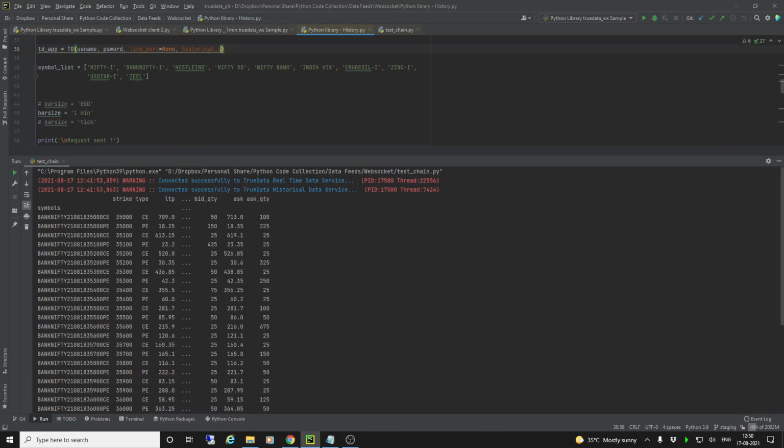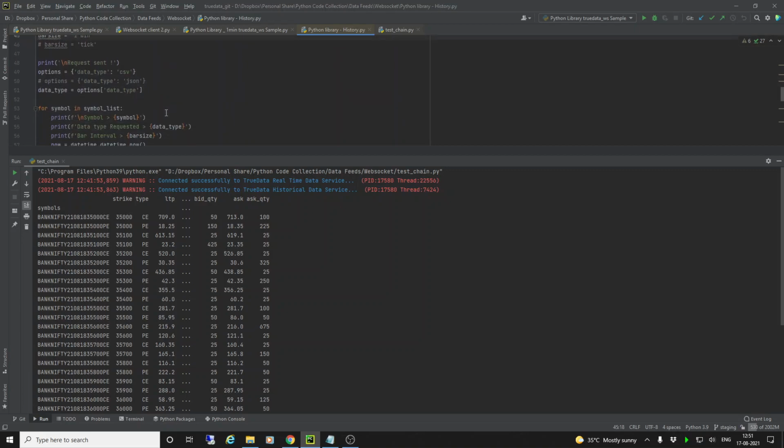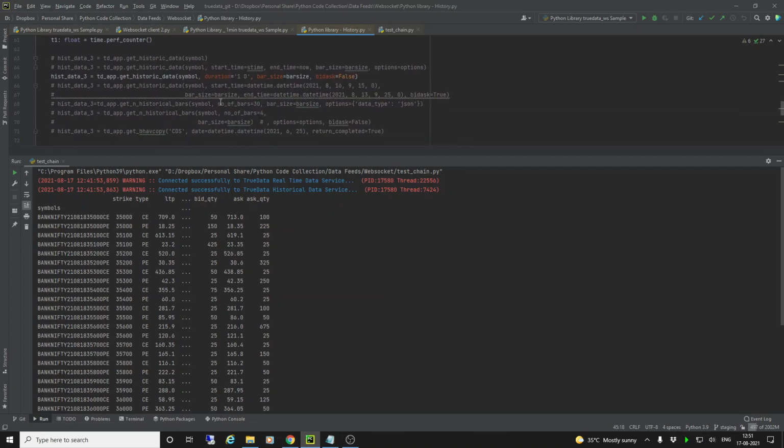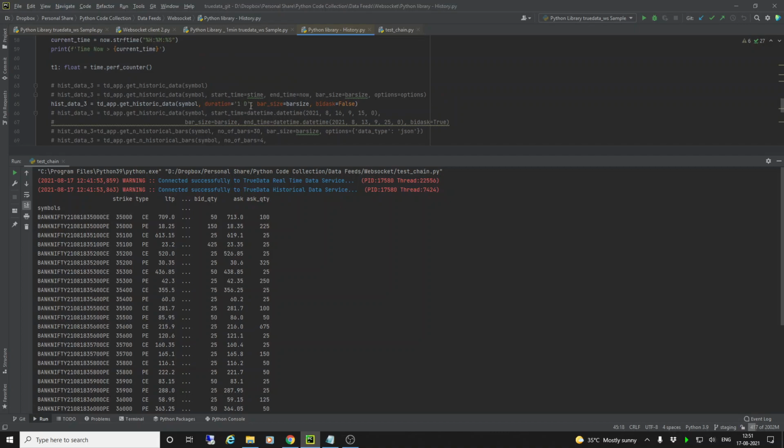Okay. So as of now, this is not required. This has to be true for us, but we are not getting the live feed. I'm just showing you the historical data, how we are getting it. I have put a few of these symbols, and you can select the bar size. I've selected 1 minute for now, and I'm sending the request. I'm just printing out a few things for myself: what is the bar interval, what is the symbol name, and how much time it took to come.